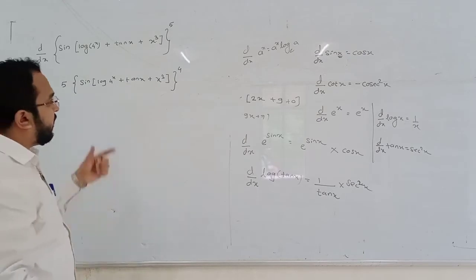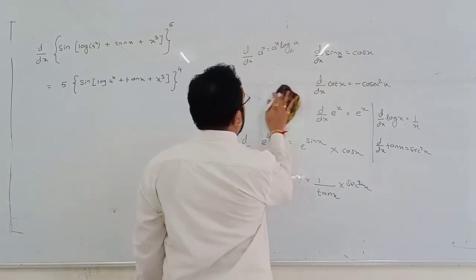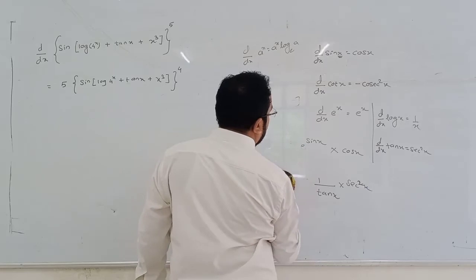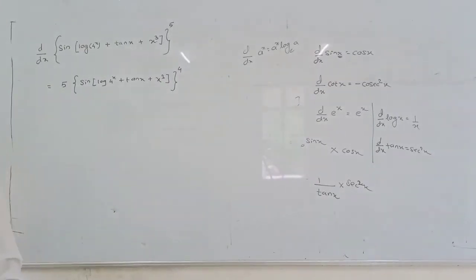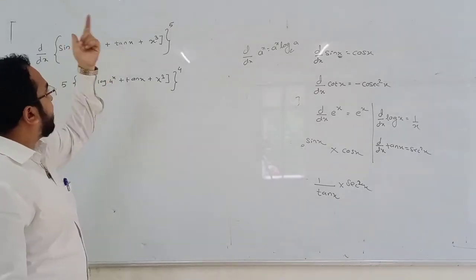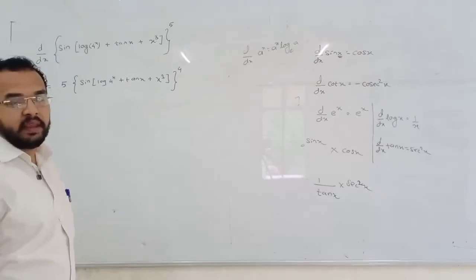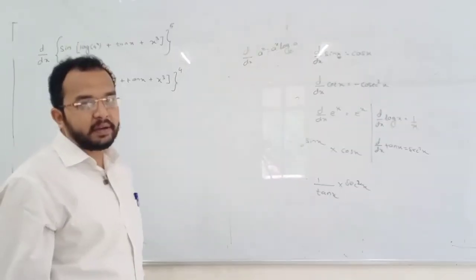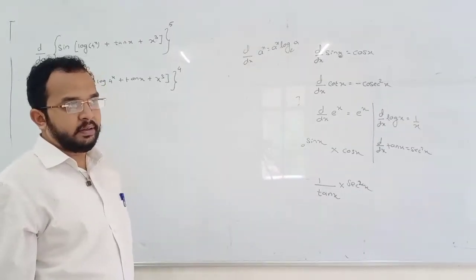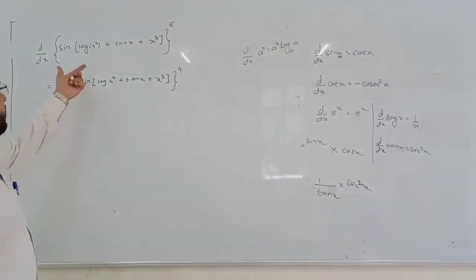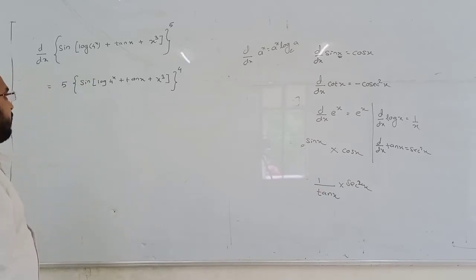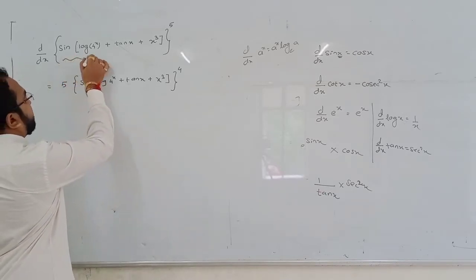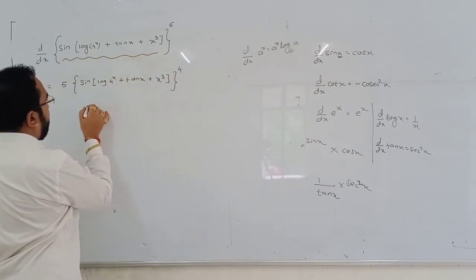But now, when is this possible? This is possible when x is given inside the curly bracket. But what is this? It is something different. Sin of something is inside the bracket. Sin of something is inside the bracket, that is not x. Sin something is in place of x. We used the power rule on it. But this is not x, so differentiate it again in the product.